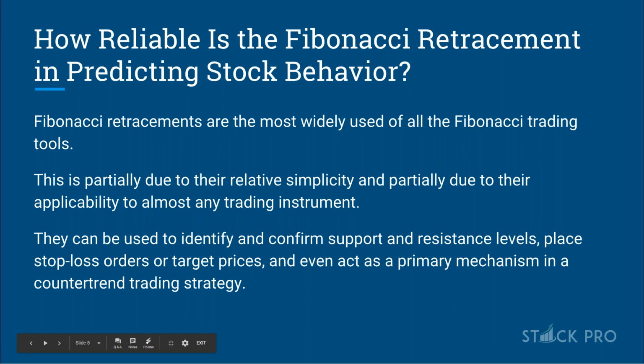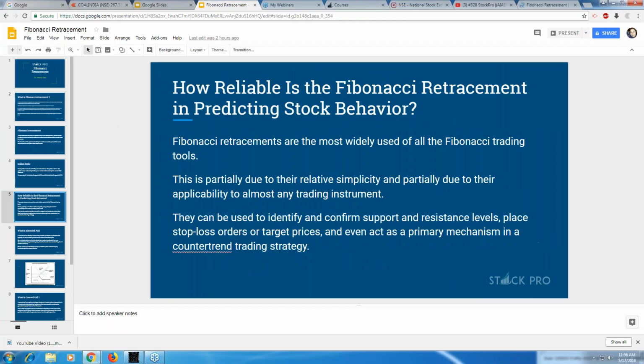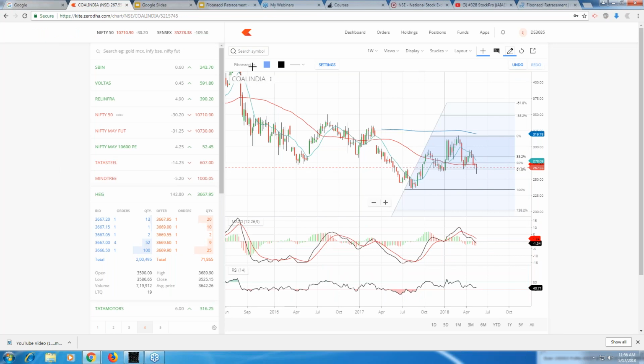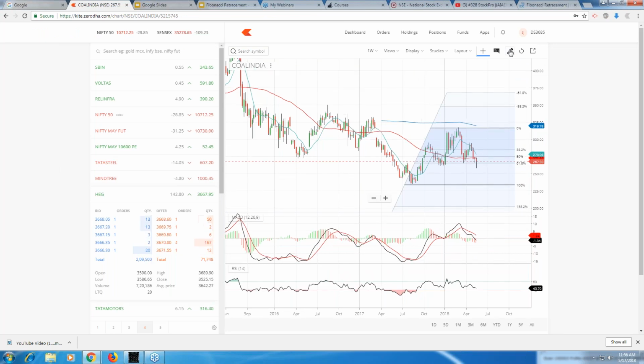Now let me take you to how it is actually used. Let me just show it to you. So what you need to do, take the larger time frame. Even if you take weekly time frame, it should be fine. There should be no harm in it. So what you need to do here,